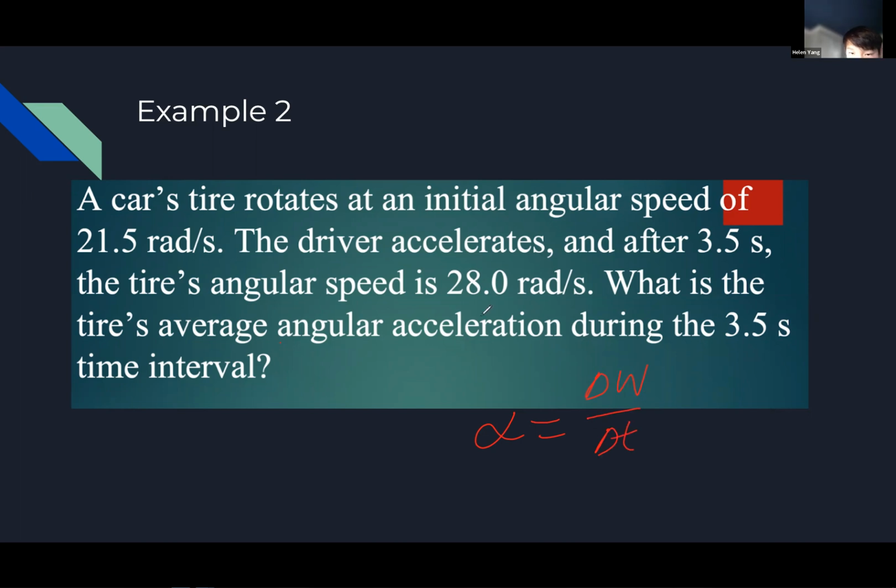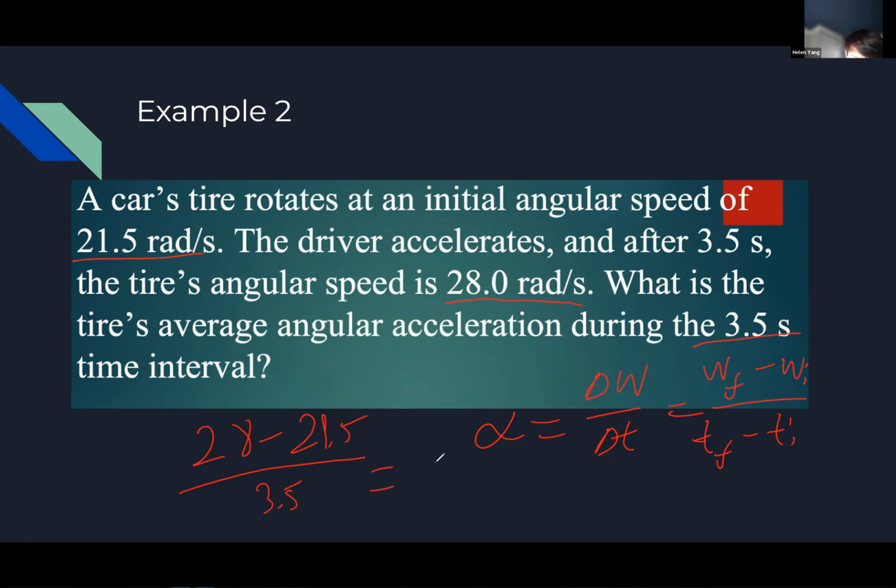So the final minus the initial angular speed divided by the final time minus the initial time. So we know the change in time is just 3.5 seconds, and the final angular speed is 28, and the initial is 21.5. So we can start 28 minus 21.5 divided by 3.5,